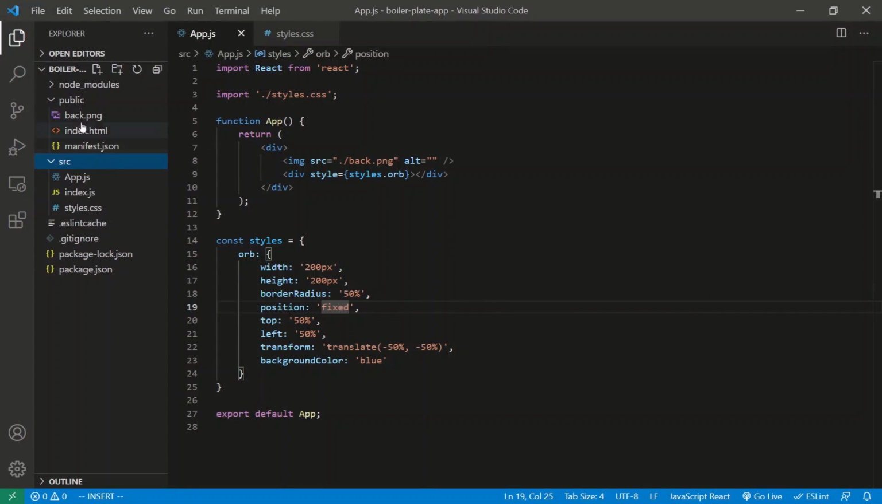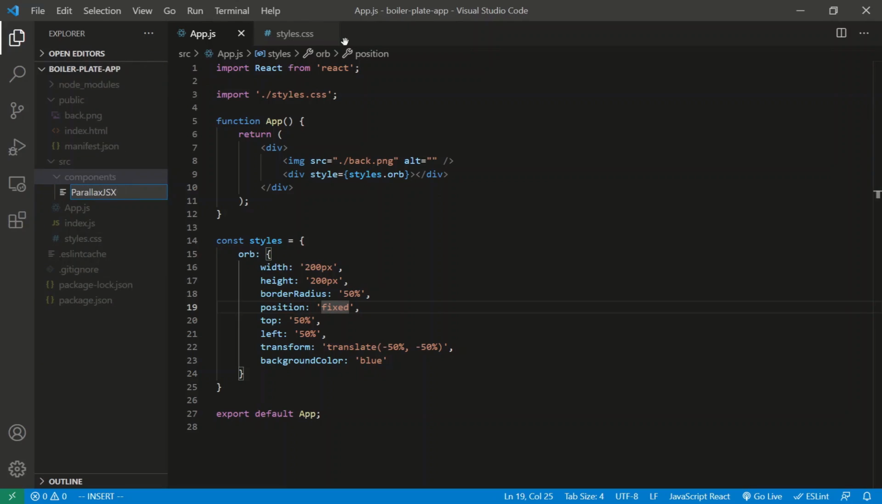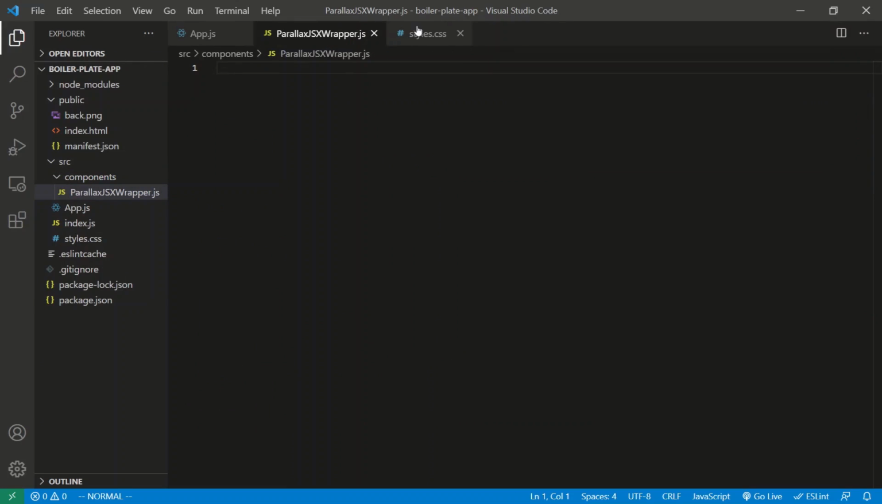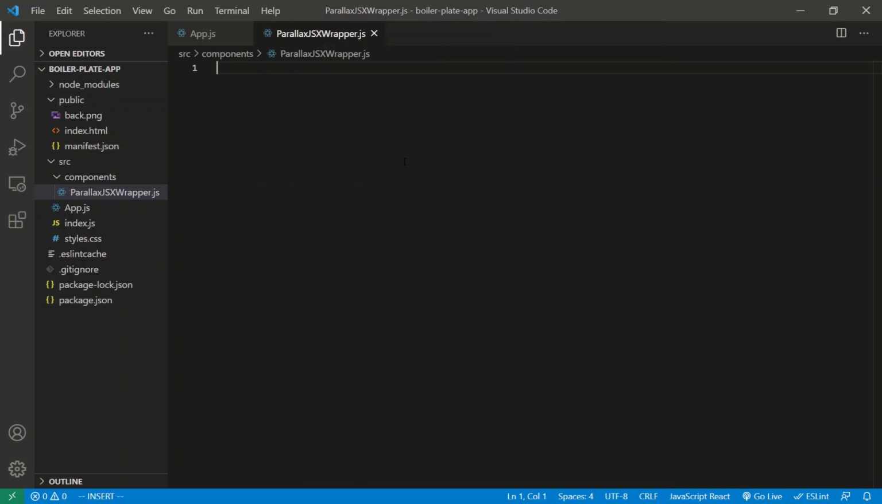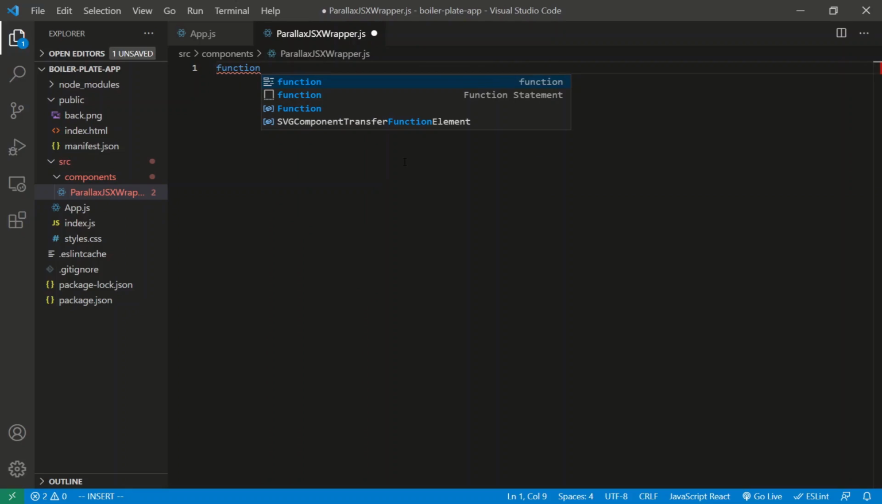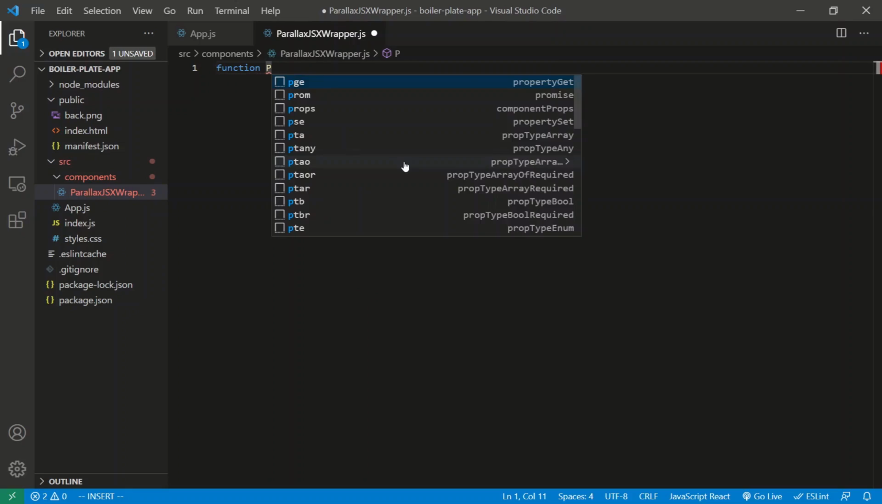We'll just create a new folder here for it. It returns a component, but it's not a component itself. It's just a function, but we'll just put it in a components folder like that. And we'll call it the Parallax JSX wrapper.js. Okay. Let's make sure this is a JavaScript React file. All right, so let's start. It's a function that returns a class component. We'll call this function Parallax